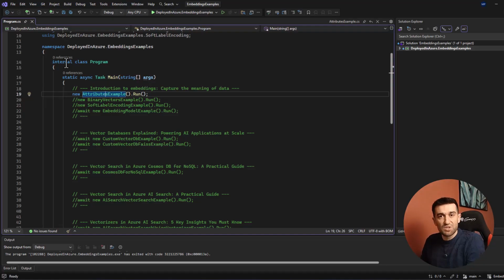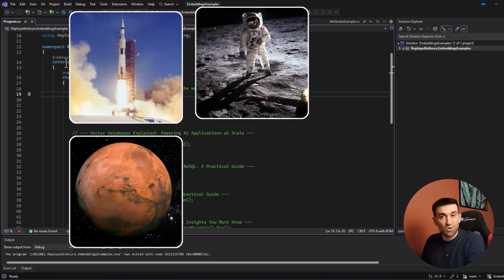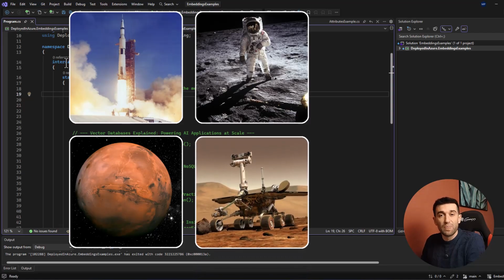So let's imagine that we have such an objective. There are 4 terms: Mars, Apollo 11, Neil Armstrong, and Curiosity rover. Our objective is to measure similarity between them. All of these terms sound similar, but not in the same way. Mars is a planet, Apollo 11 is a mission, Neil Armstrong is an astronaut, and Curiosity rover is a robotic